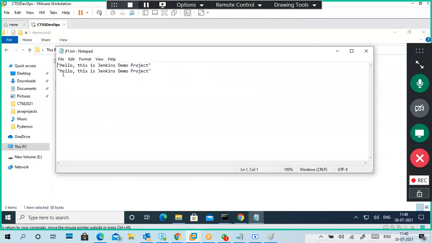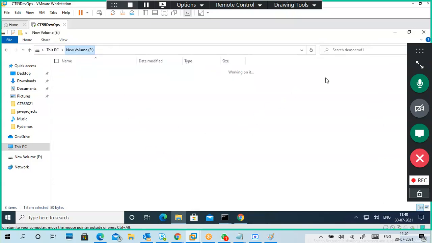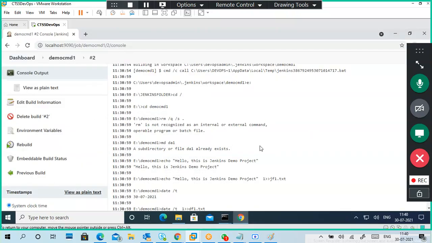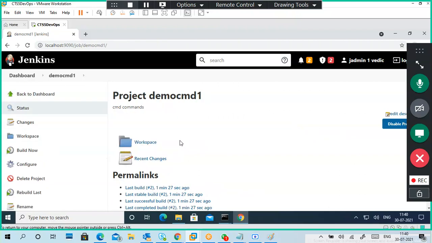If you see, it was added two times. Why was it added two times? I gave a double greater-than. Okay, so this is the basic thing: even without programming knowledge, we can create something. So that is enough for the first basic thing.